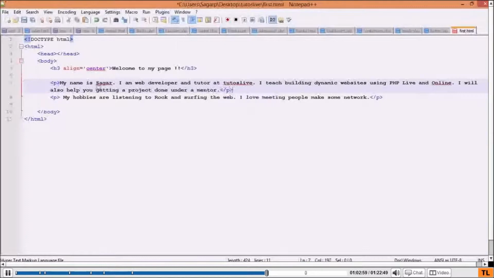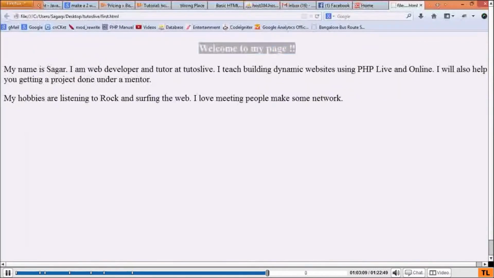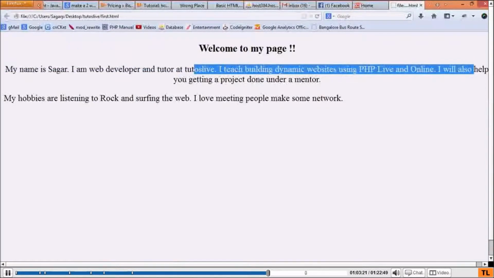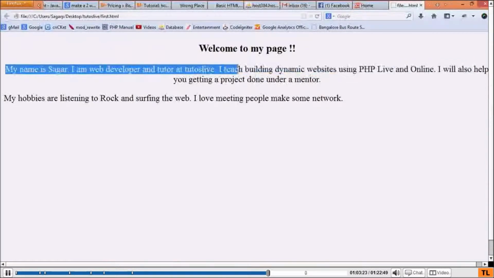So now I say H1 is too big for my vision, so I assume H3. Now let's see what the attributes for this are. I say align equal to center. Align is an attribute which says where I should put this. Welcome to my page. Since I said H3,